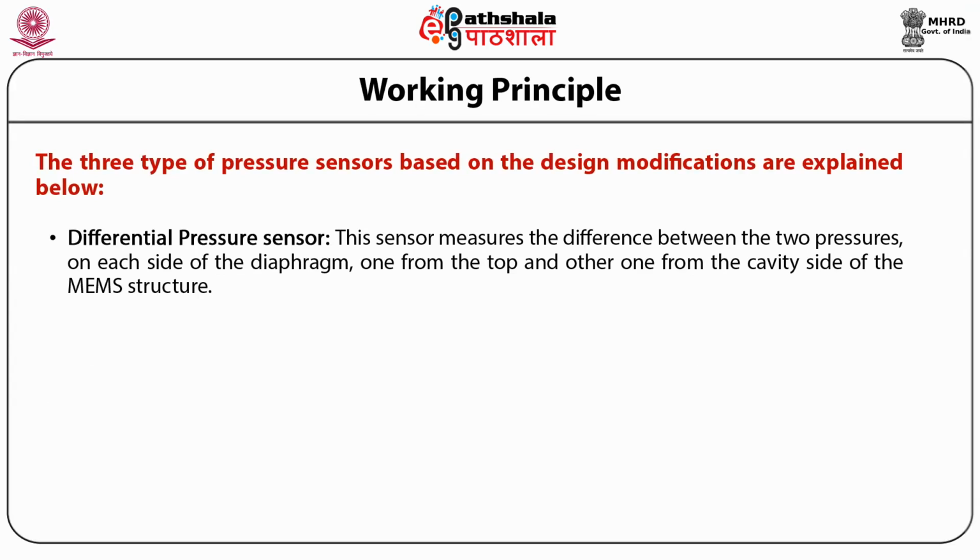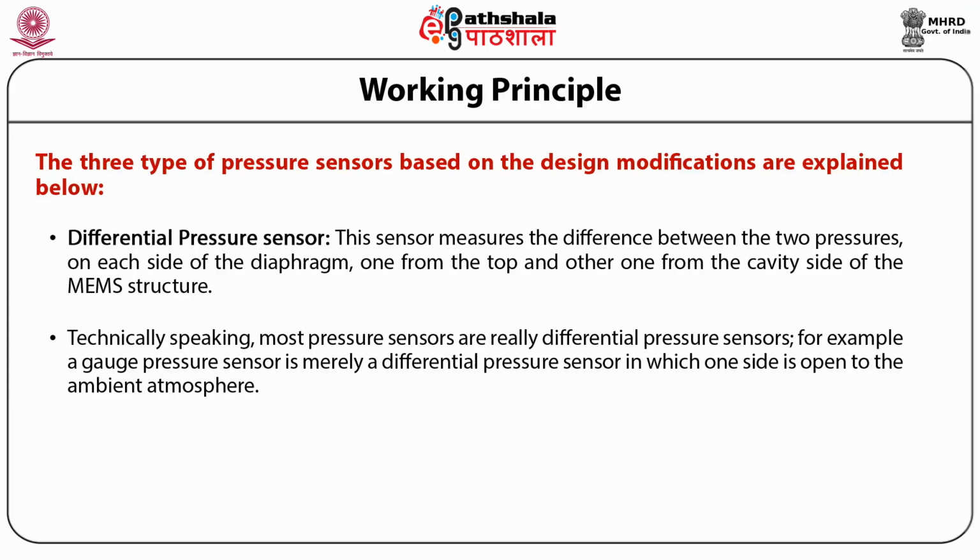The differential pressure sensor measures the difference between the two pressures on each side of the diaphragm, one from the top and the other one from the cavity side of the MEMS structure. The bonded glass consists of a hole through which the pressure may be applied. Technically speaking, most pressure sensors are really differential pressure sensors. For example, a gauge pressure sensor is merely a differential pressure sensor in which one side is open to the